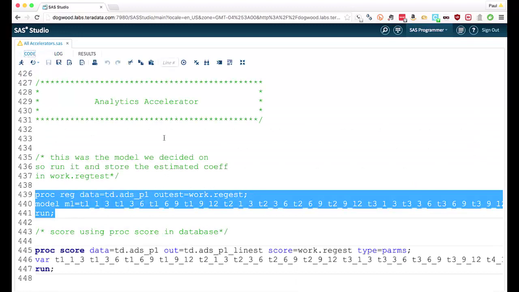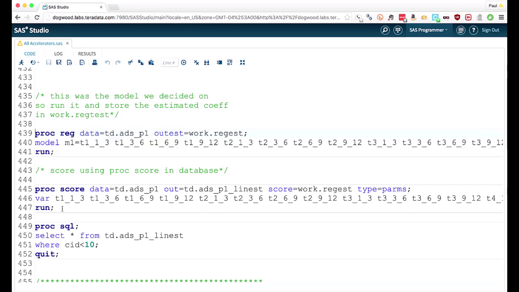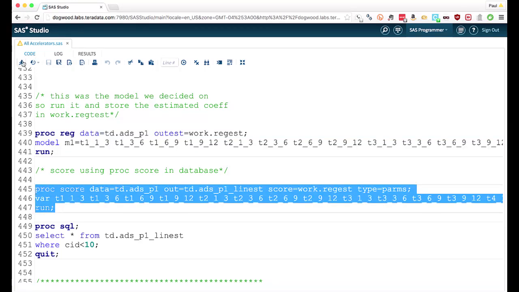So now I've got my model and I've got my estimators saved into SAS Work. I can actually use the proc score to score that linear model inside the database. So proc score, this is the data I'm going to score against. This is the table I'm putting my results into. These are the estimators, and it's telling it I'm passing parameters in. And this is the variable list. So let's run this. Let's score 1 million records